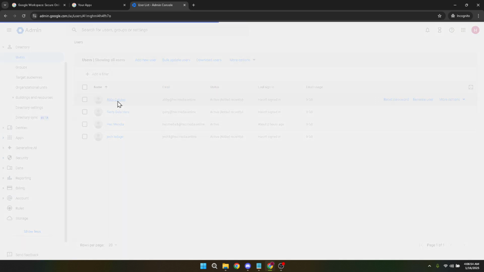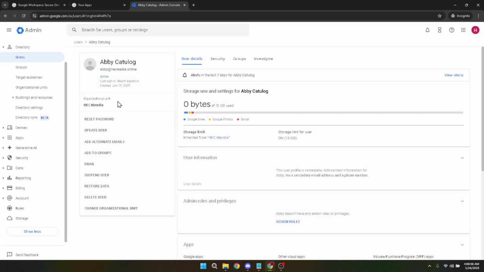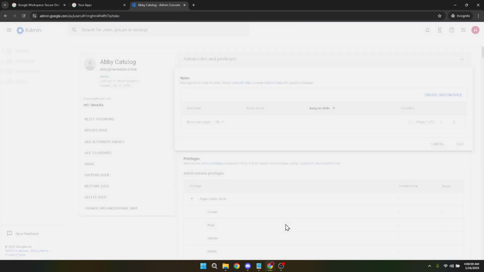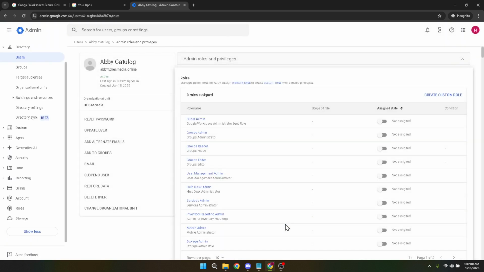With the user's profile in view, you should now see an option to assign roles. Click on this option. This is a pivotal step because it's where you actually change the user's permissions. A new page will open that allows you to assign various roles. On this page, you'll be looking for the Super Admin role. It's important to note here that Super Admin has the most privileges and should be assigned with caution. Once you've found it, simply check the box next to Super Admin and save your changes.